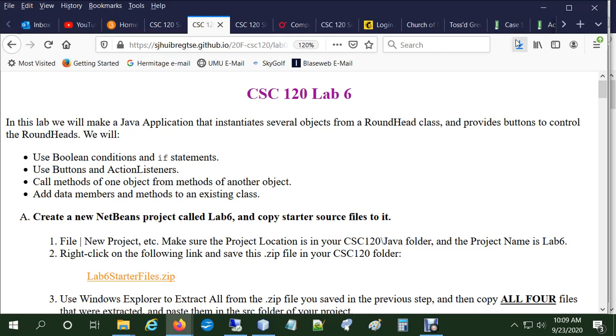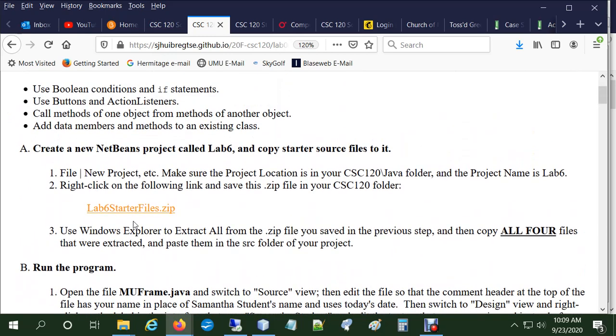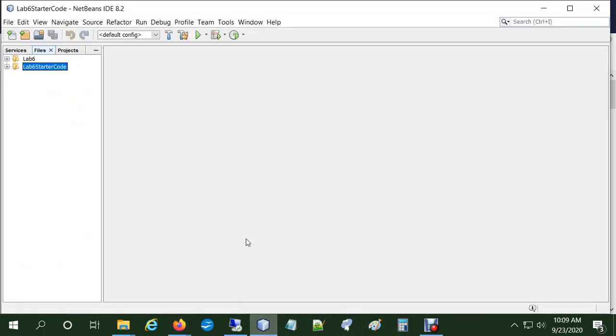Okay, so you want to follow the instructions closely so that you are able to work this out. All right, but we're going to give you a starter program which has several classes that get you a head start, and then you're going to be modifying those classes. So if you right click on this link to the zip file and unzip everything and put it in a NetBeans project,